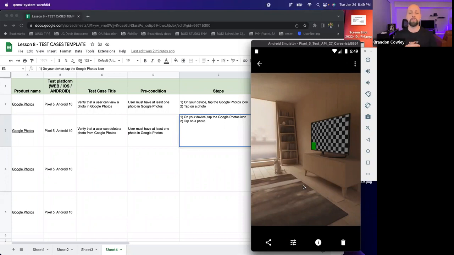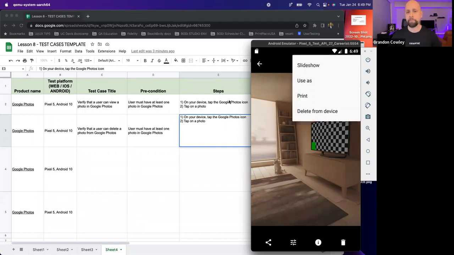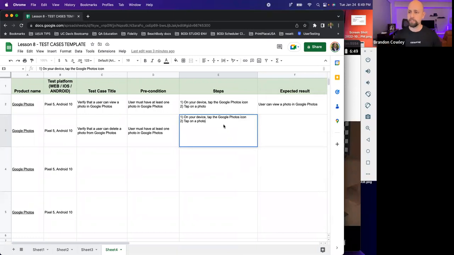So one could write a test case. What we'll do tonight is we'll write this test case for the trash icon, and that's going to delete the photo. It's visually the most obvious one. Doesn't mean it's the only way to do it. You could also write a second test case and just say, make sure that a user can permanently delete a photo from the device. And then you could go up to the meatball menu. This is just a really good call out, and it's just a good example of why you need to be able to use precise language in your test case. So, for the sake of this, like I said, let's do the trash can method. So I would say on the bottom menu bar, tap the trash can icon. Very precise language, right?